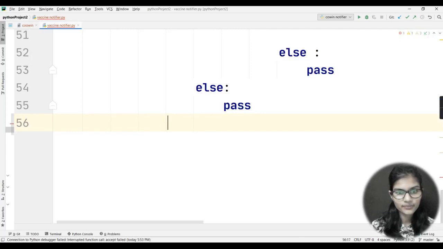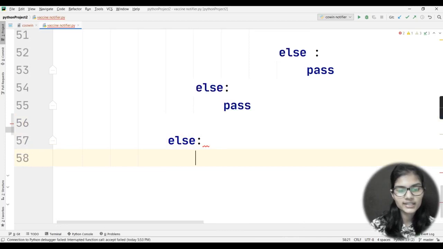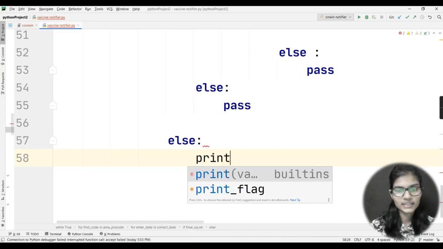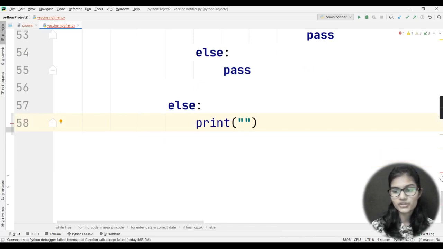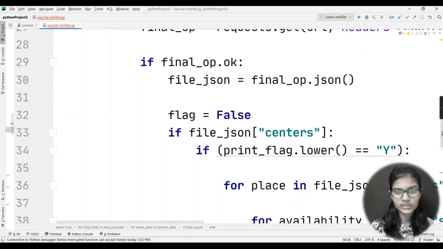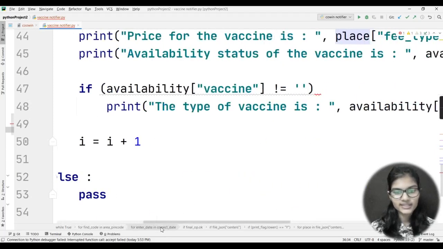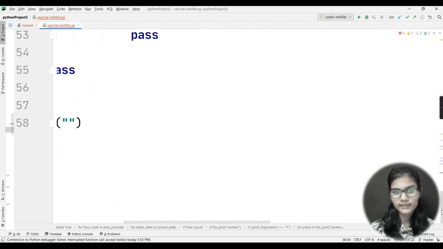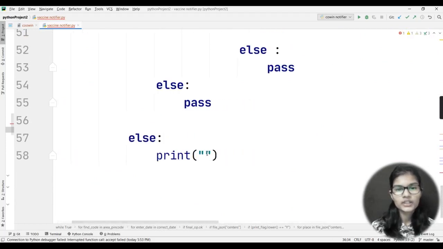Tab spaces right here, and here I'll be using else, and in the bracket, what I need to print. I'm using my print statement, else print. Now this is what I'm closing here. Let me show you which one I'm closing right now. I am closing that of my file, my JSON file, I'm closing it here. Let me give some spaces. Else pass is done again. Let me quickly align it properly. Fine. So else print here.